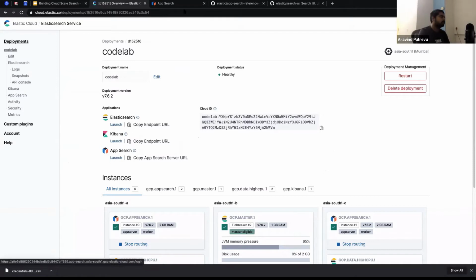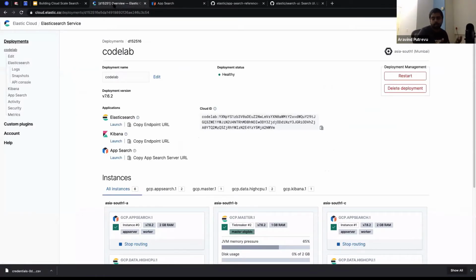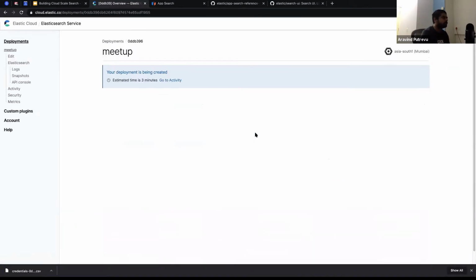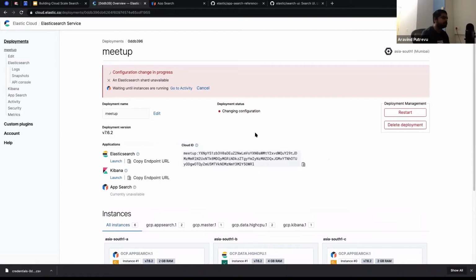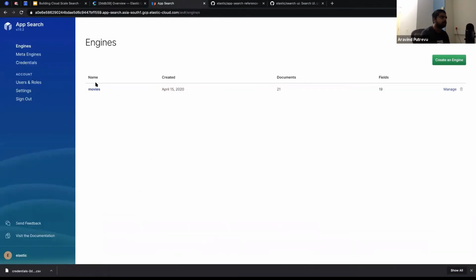So when I click on launch, I would be seeing a username and password, and then I'll enter the username and password that I've copied over there. Then I'll be shown this UI. In some cases, you'll also see the onboarding experience, wherein you can create a search engine. Let me see if I could show the onboarding experience itself. It generally takes roughly 3 to 4 minutes to spin up the cluster. That's why I have this one open. So you just have that username and password, and then you could simply log in, and then it shows the UI.